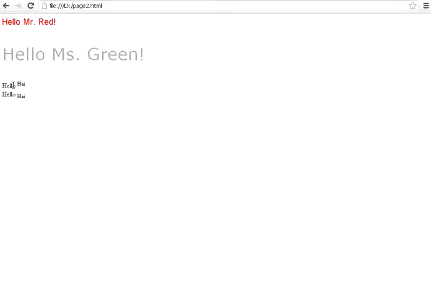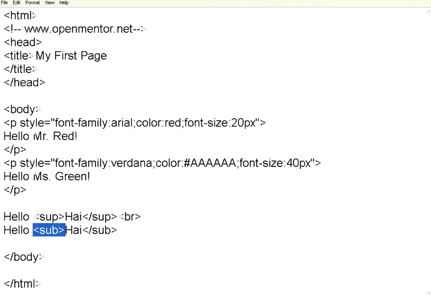If you see here, the hello appears horizontally, then the hi appears on top of it. Then this appears at the bottom of it. So for the power or the base, if you want to do something like that, trademark symbols and so on will appear as a superscript. Under the subscript you can have some bookmarks. So superscript and subscript also help you to format the fonts.